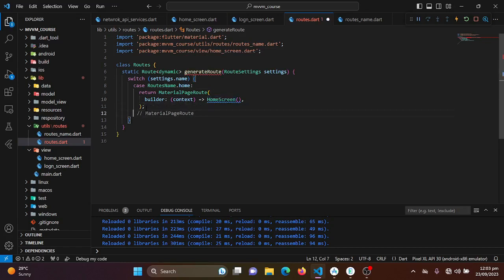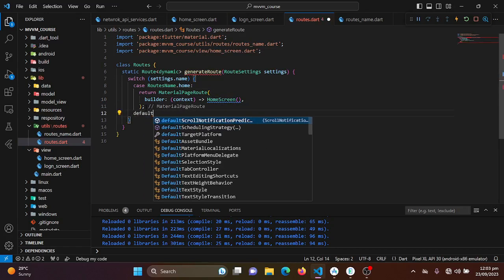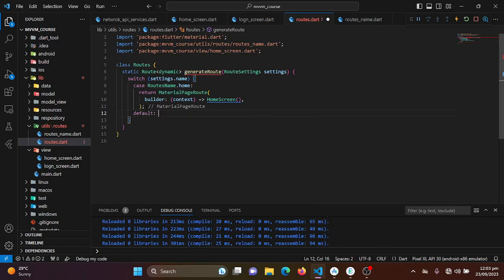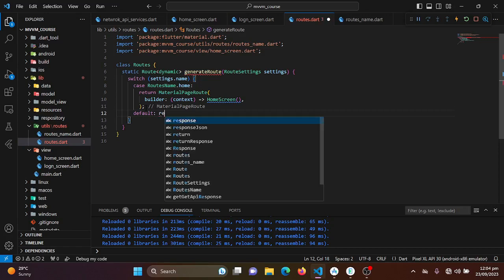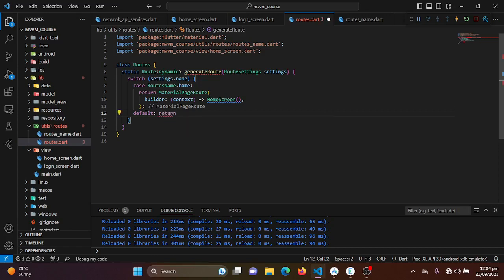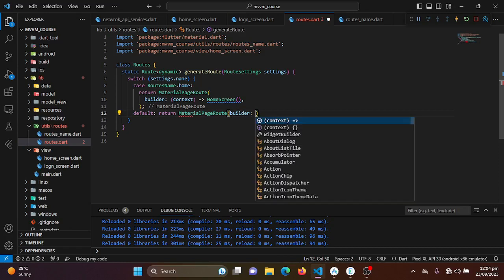So if we will be defining our default one, if there is no route's name, then what should it do? We will just return a simple screen that should show a message that no routes defined with that name. So return material page dot route, and in the builder section we will just